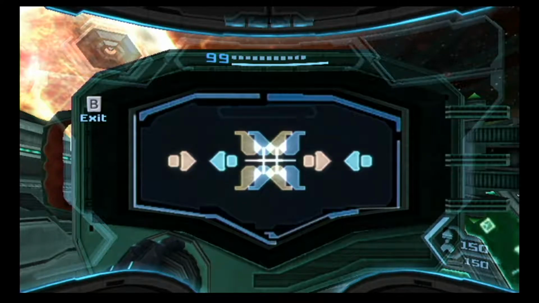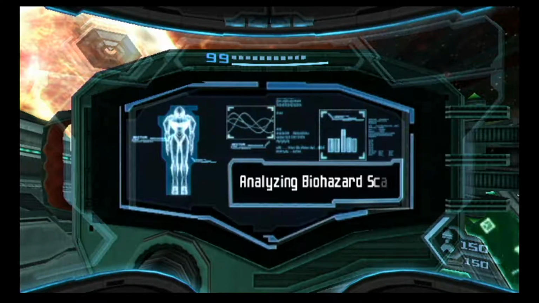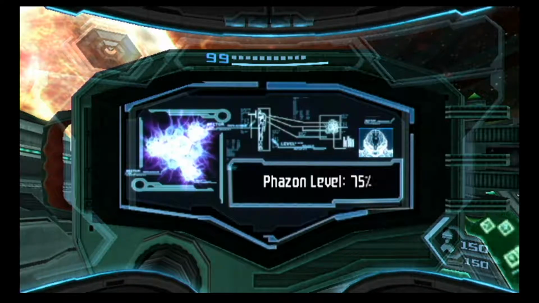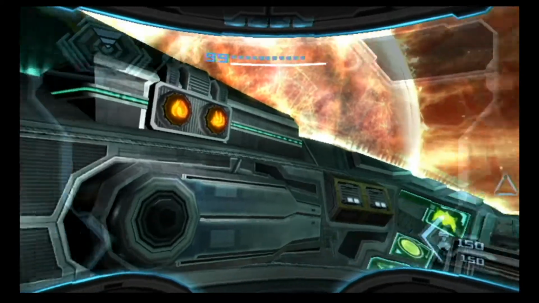Let's see if I can actually not screw this up for once. Very carefully. There we go. Still corrupted. Of course, no surprises there. Phazon level 75%. We are now majority Phazon in our body. That can't be safe, Samus. I'd be panicking right now if I was you, but...